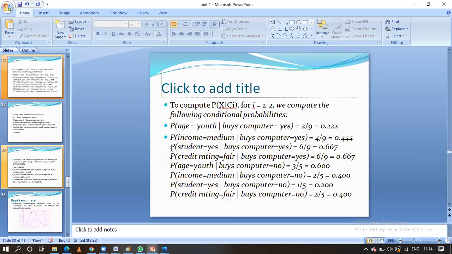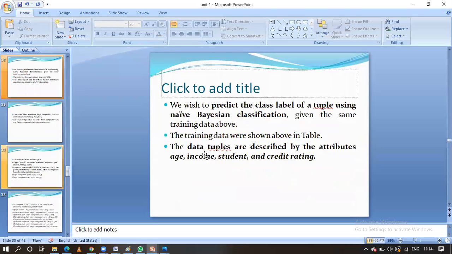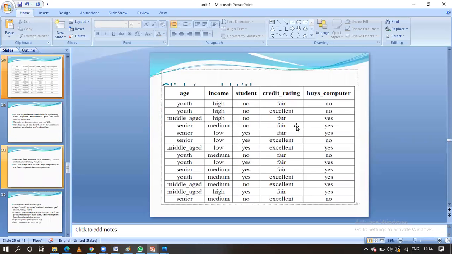Student is equal to yes కి, buys computer equal to yes కి కూడా probability calculate చేయండి. Buys computer yes దగ్గర how many students yes ఉన్నాయో చెక్ చేసుకోండి. Okay, let us go for the input data. Buys computer yes ఇక్కడ చూడండి, ఇక్కడ yes ఉన్నప్పుడు ఇక్కడ yes అని వచ్చింది చెక్ చేసుకోండి. ఒకటి వచ్చింది, అలాగే 2 వచ్చినాయి, అలాగే 3 వచ్చినాయి, 4, 5, 6 yes's are there. This is the input data, right?